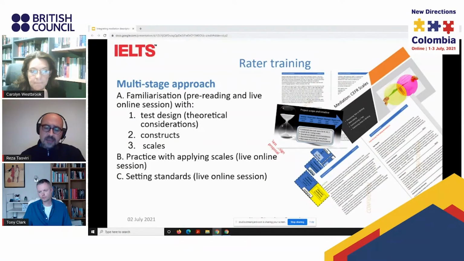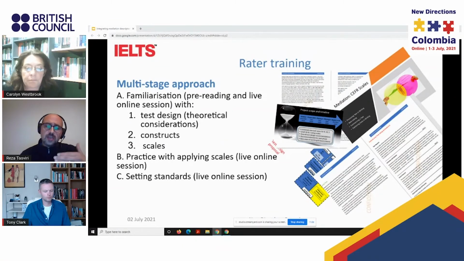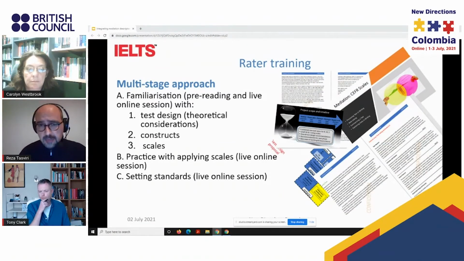Then there was an explanation of the constructs that the prototype test operationalizes, and then they were introduced to the scales themselves. Following that, an online session for just short of 4 hours was run with the examiners, with the raters, and in the online session, as well as being again given the information about the rationale behind the test design, the examiners were now able to practice with applying the scales,